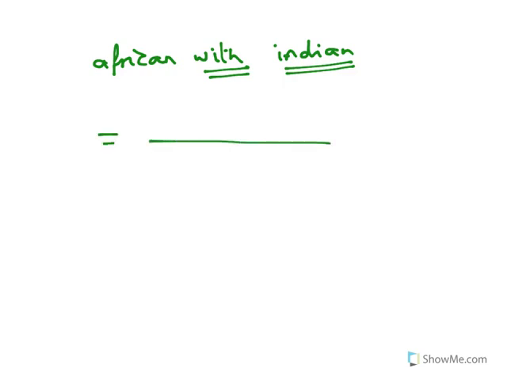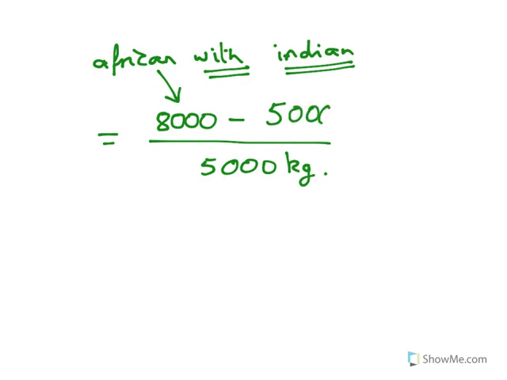We're comparing it with the Indian elephant, which we knew weighed 5,000 kilos. That is the weight that we're going to have on the bottom. Then we want the difference on the top. Well, the difference will be 8,000, which is what the African elephant weighed, compared with the 5,000 that the Indian elephant weighed. So we will get 3,000 divided by 5,000,